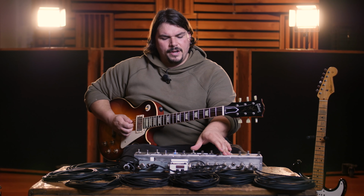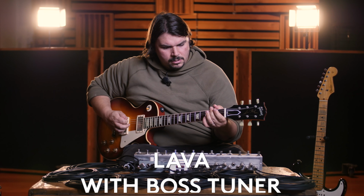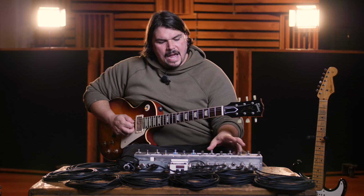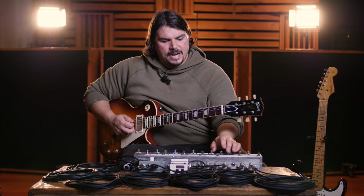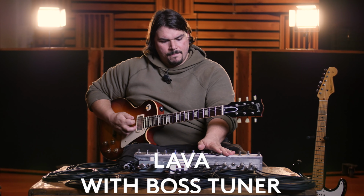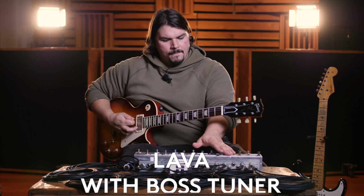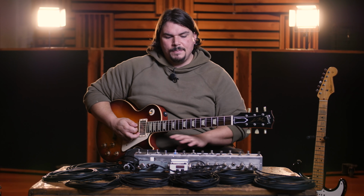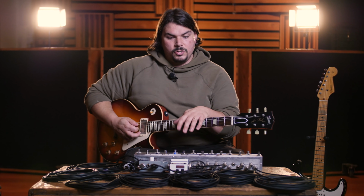I'm kind of hearing a little bit of low end difference there. The Lava actually sounds a little bit tighter, whereas I'd say that the 2314 kind of has a little bit more flub. I'm already hearing differences between the cables on the Boss TU2. Now that doesn't mean that the Boss TU2 is a terrible buffer. It just means that it's not as good at maintaining the neutrality of the rig the more cable capacitance that's